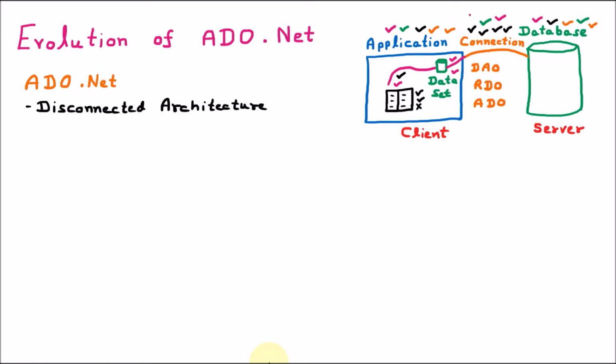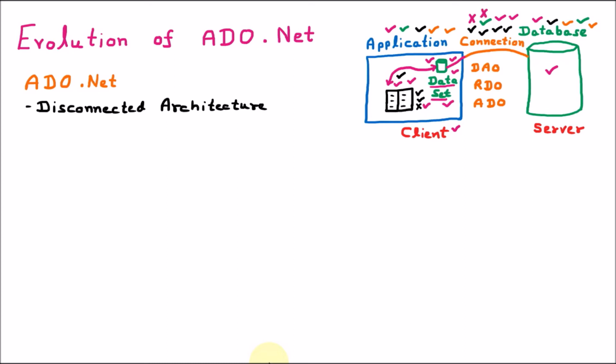Let us suppose that the connection is not present now. Then our application is going to update the data into the dataset, because they are connected, and this database is at the client side. So on the client side we have the small database called the dataset, which is going to update all the time. And if I am writing something when the connection is not there, that will also be updated to the dataset. And whenever the connection comes, whatever records are in the dataset will be updated to the main database. So this is how the connection is not required throughout the time.